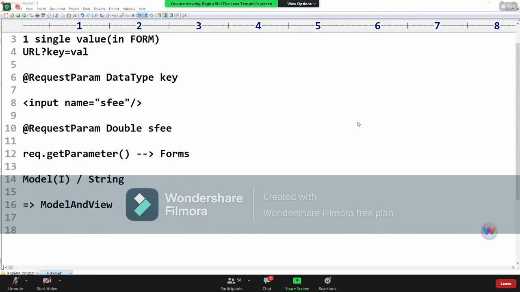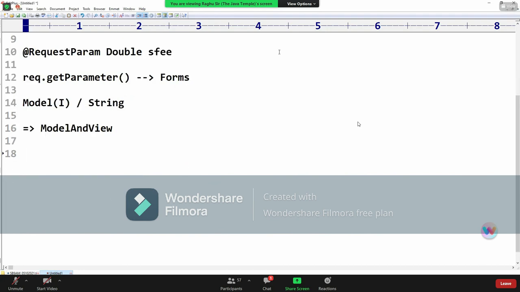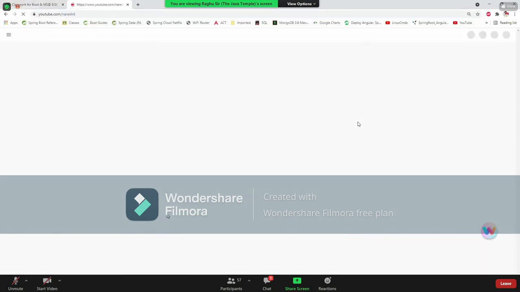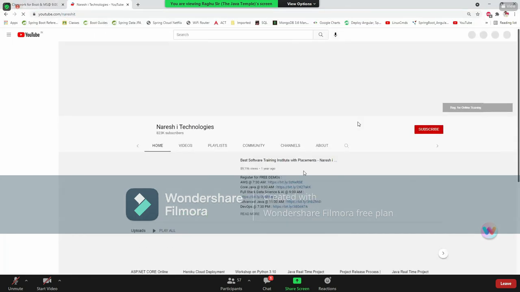Gangadhar, ask your question. Yes, sir. In Spring Boot, how can we achieve session and cache management? First of all, session management means security. For cache management, we have to use one vendor. Okay, I'll give you one recorded video. Please check it once. Until you come to that concept, there is Redis cache, which is mostly used.